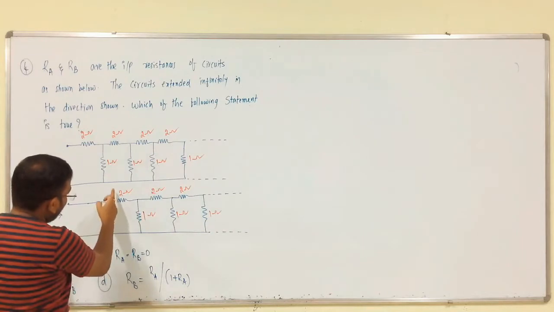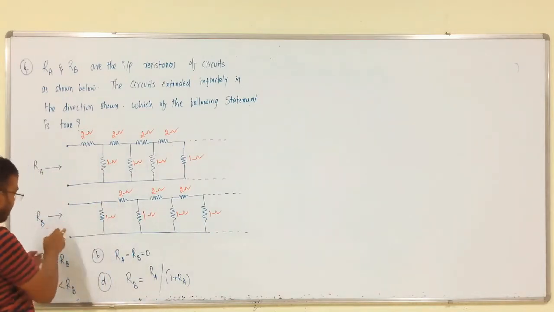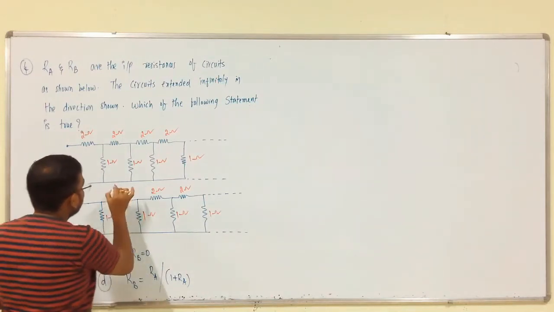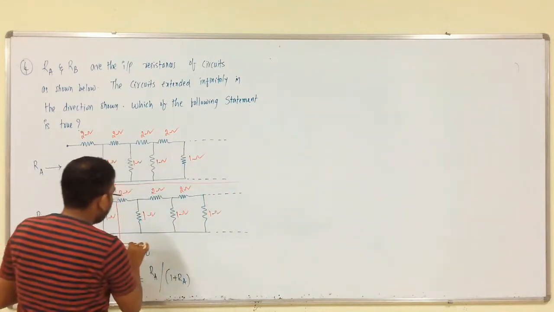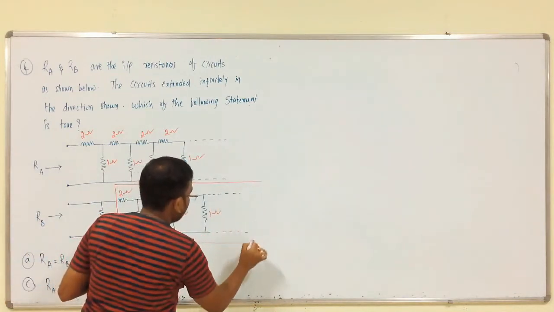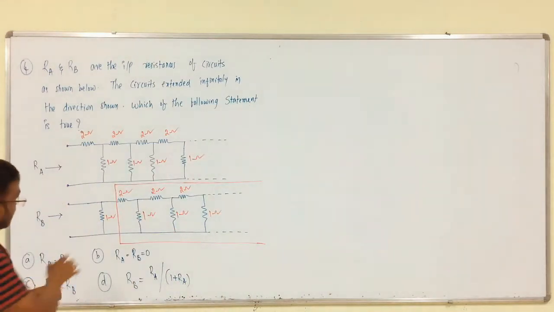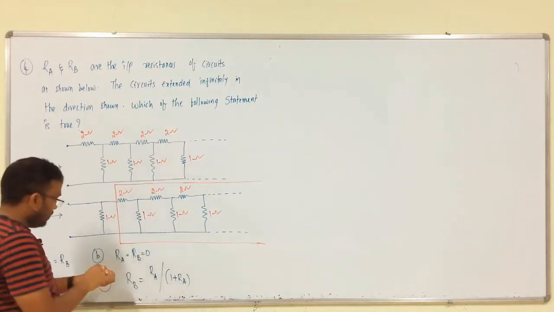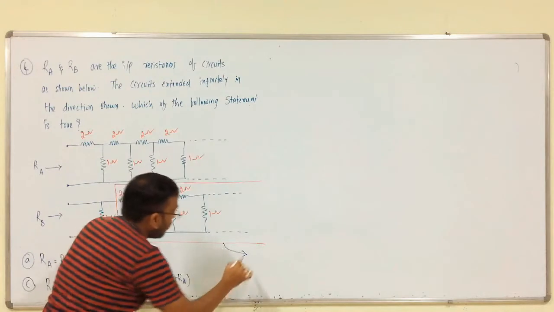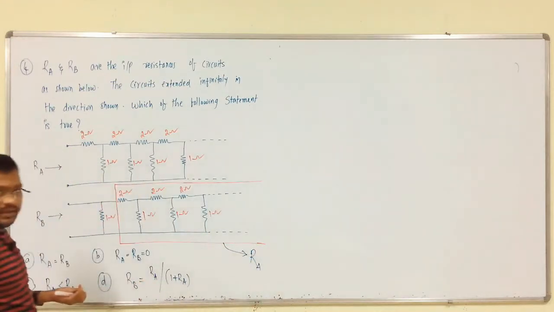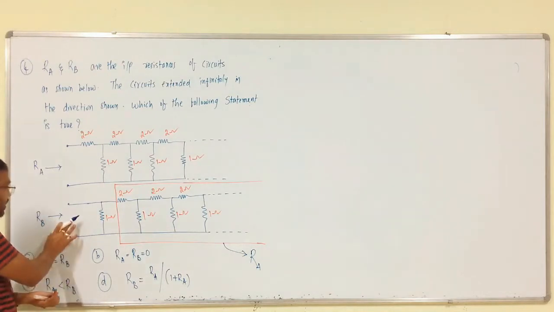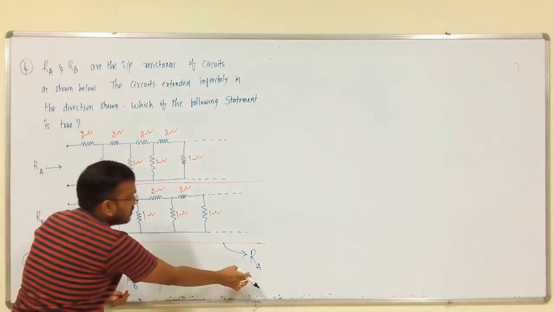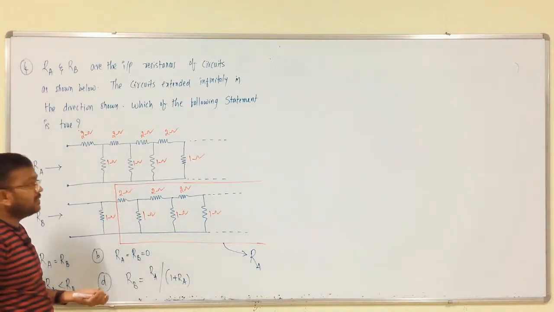See, from here to here, if we consider the circuit RB, the circuit looks like what? Again see 2, 1, 2, 1, 2, 1, 2, 1. So, this is the equivalent circuit of RA, right? RB is nothing but a 1 ohm branch connected in parallel with the equivalent circuit of RA. That is it.